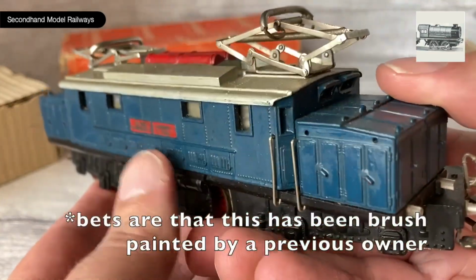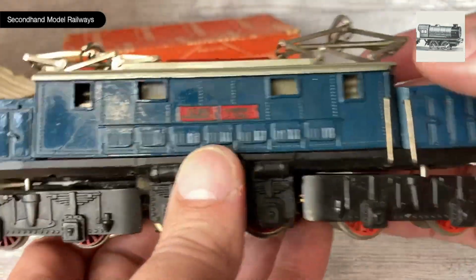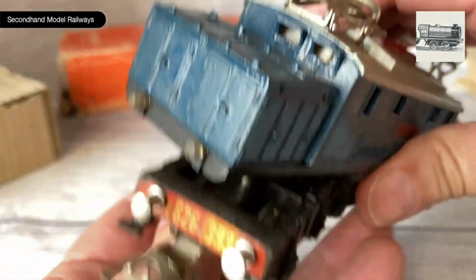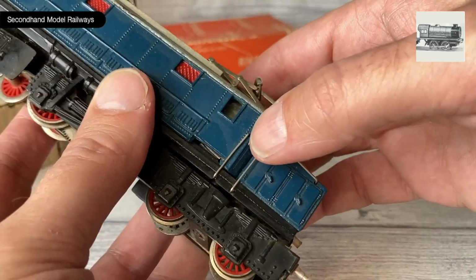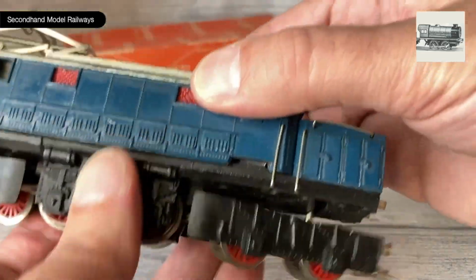The paintwork is a bit blotchy down the side. I'm not sure whether this has been repainted or not, and here it looks like it's maybe got a crack or something in the model, which is a real shame. Down this end of the locomotive you can see the number 626393. On this side it's got a wire handrail and another two wire handrails leading down to the ground, and